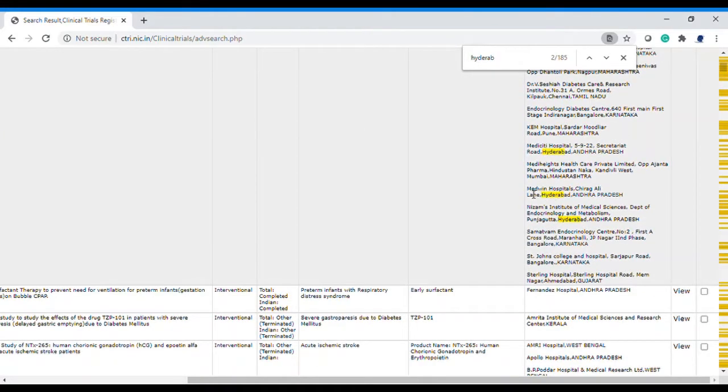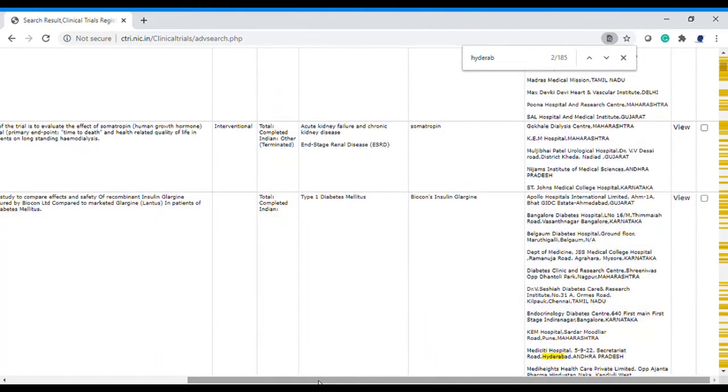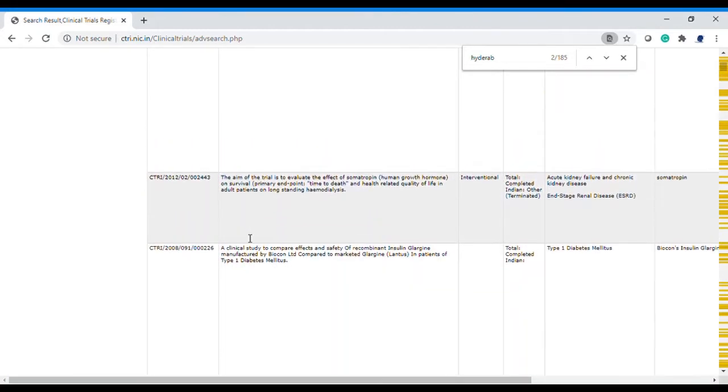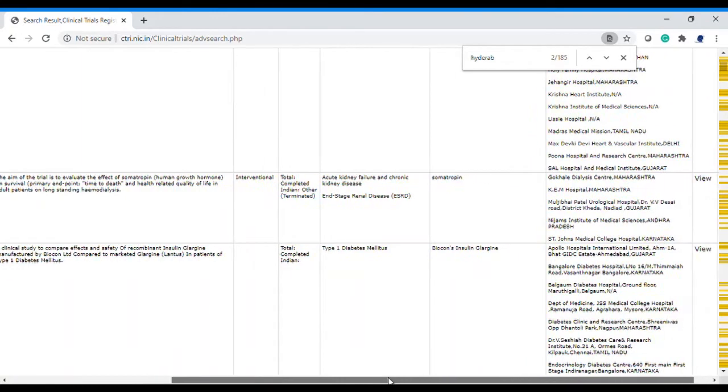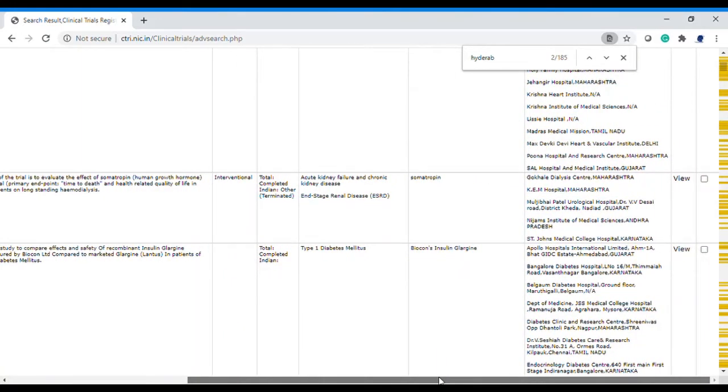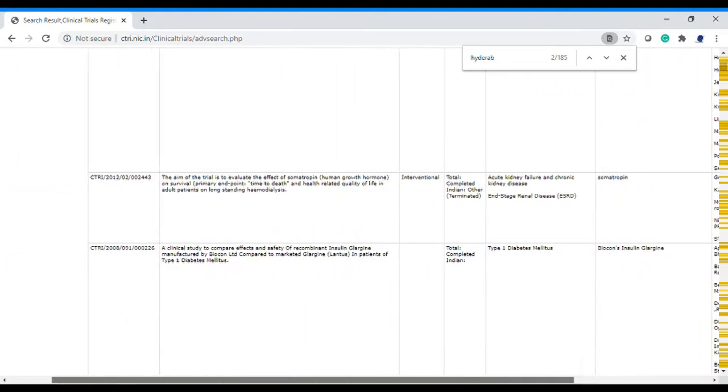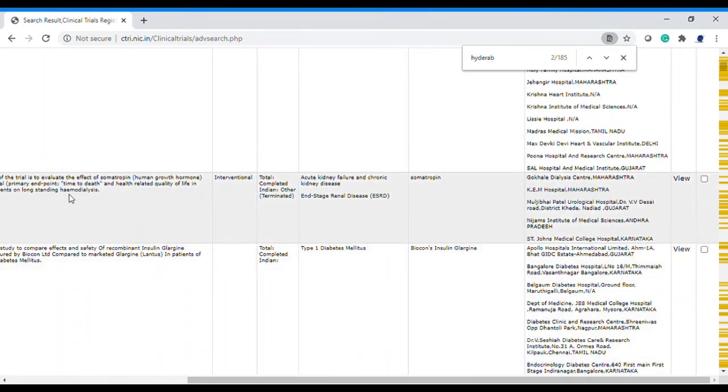Now moving towards, for example, if I want to understand the contact number of this hospital, or if you are not looking for the location but you are looking for the particular study design of the trial, or if you get an interview call and you want to understand what that particular company is conducting in clinical trials, and you want to go into the detail, you can just grab all the knowledge from here. So what you have to do is click onto the view.